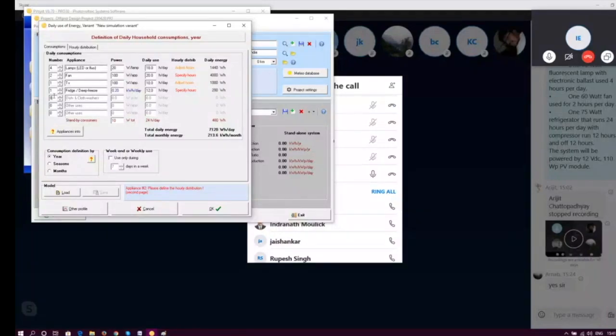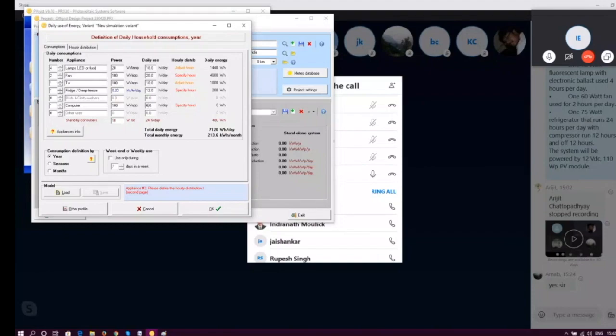And lastly, one computer, which is 100 watt for 6 hours.